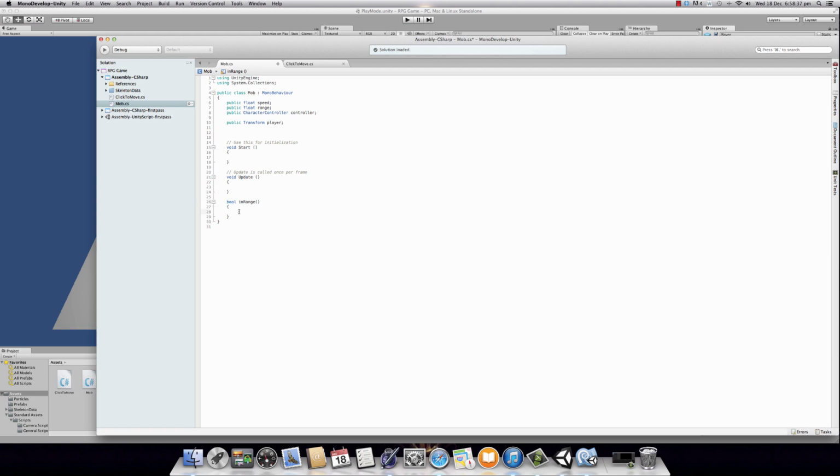So what we're going to say is: if Vector3.Distance between transform.position and player.position is less than range,